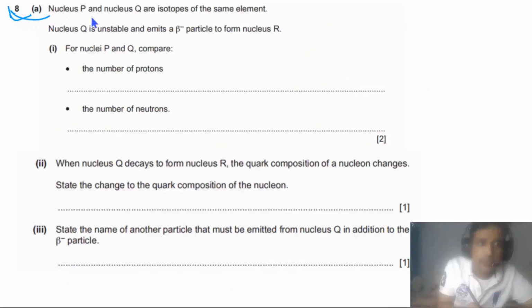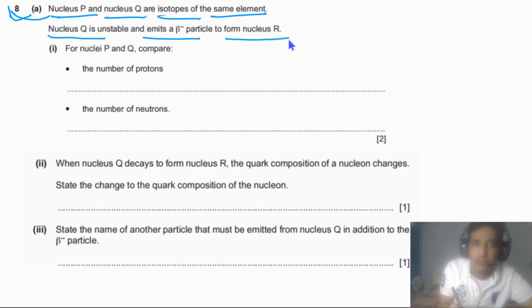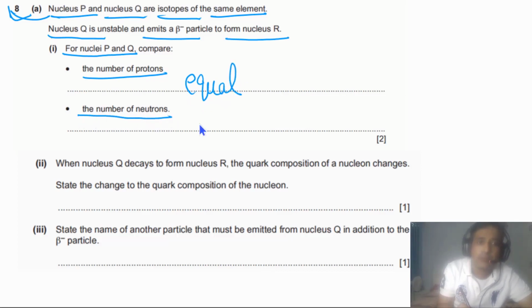Question 8, part A says nucleus P and nucleus Q are isotopes of the same element. Nucleus Q is unstable and emits a beta minus particle to form nucleus R. For nuclei P and Q, compare the number of protons. As P and Q are isotopes of the same element, they should have the same number of protons, or we can say equal number of protons. And the number of neutrons, they should have different numbers of neutrons, or simply you can say unequal number of